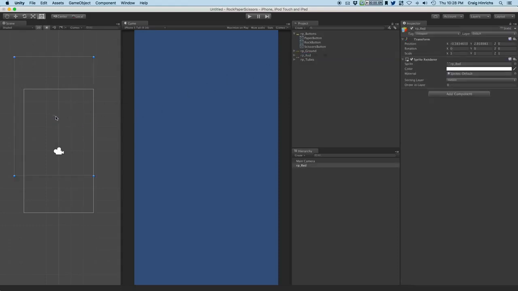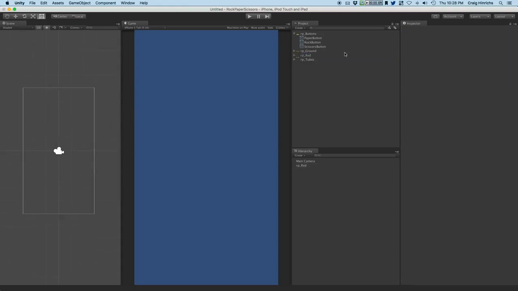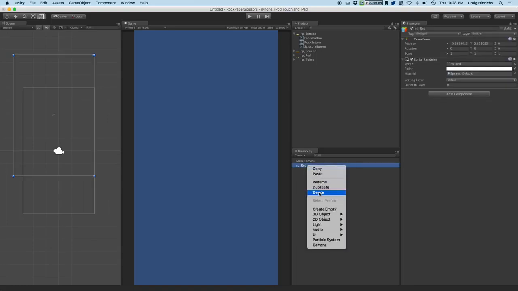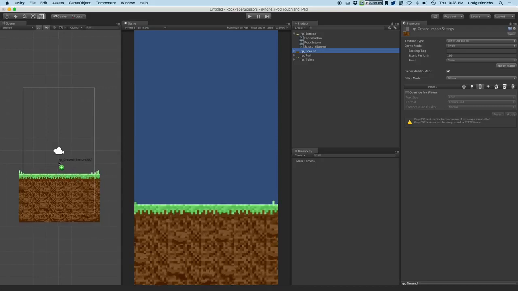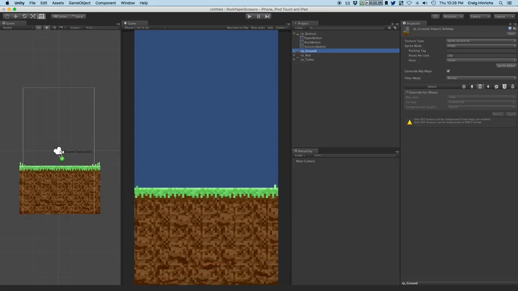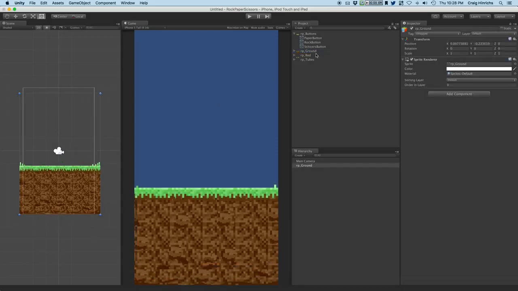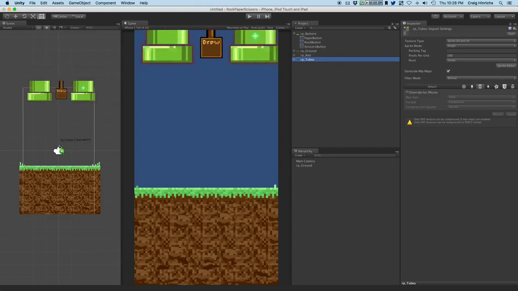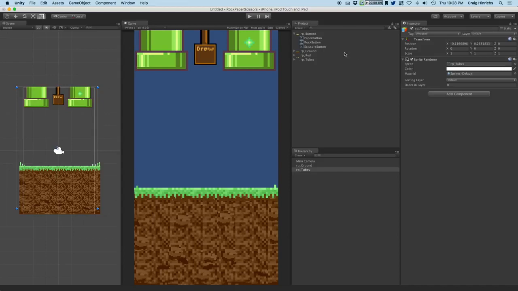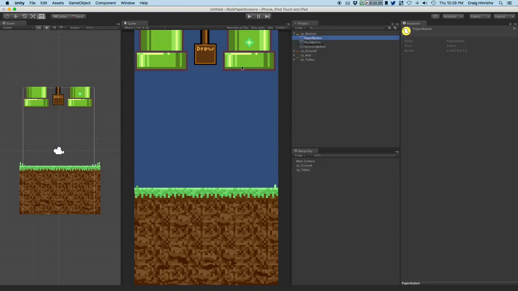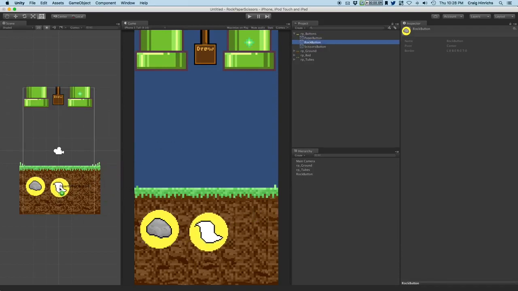Now let's go ahead and set some of our elements. I don't want that guy. I'm going to re-export that guy. So let's put the ground in here. That looks good. And we'll put in our tubes where they'll come from. And then let's go ahead and put in our buttons. Give me rock, paper,